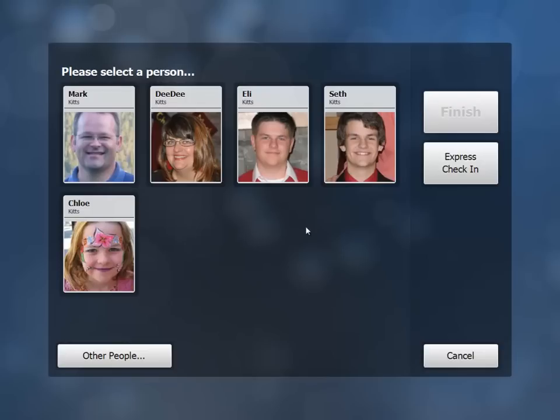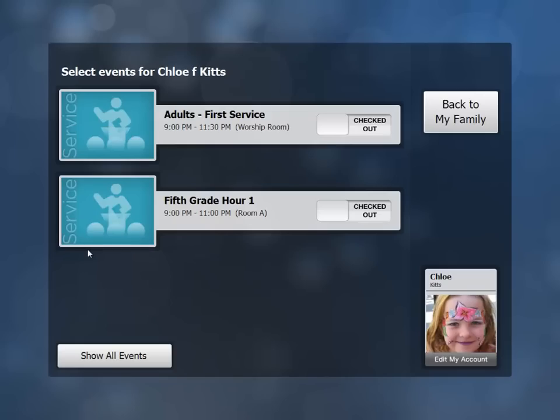And you can just check the children that you want to check in. So let's say I'm going to do my daughter Chloe. I'm just going to touch her picture. And it will show only the events that she is eligible to attend. So in this case, she's in the 5th grade class, so she's going to check into the 5th grade class. She's not going to go to the adult worship today, so we're just going to check her into that, and